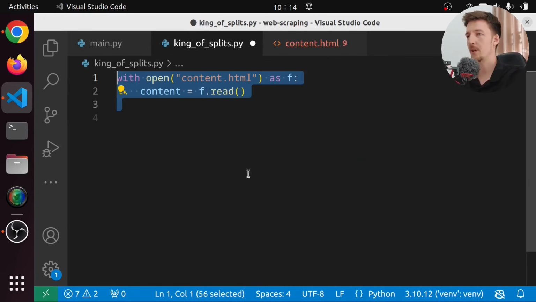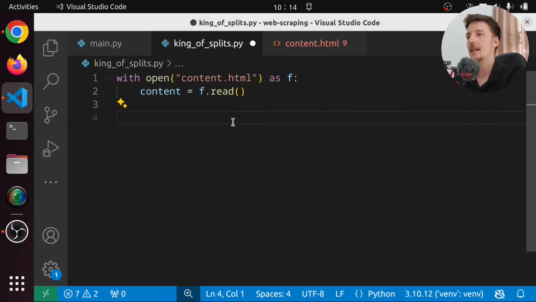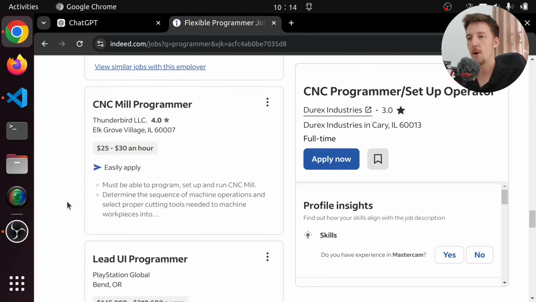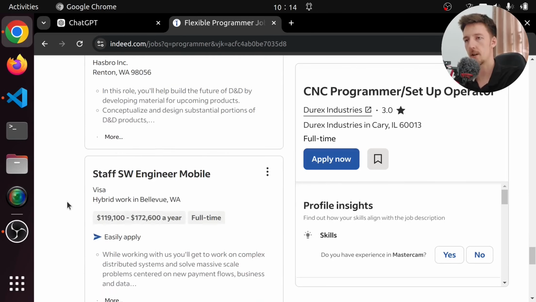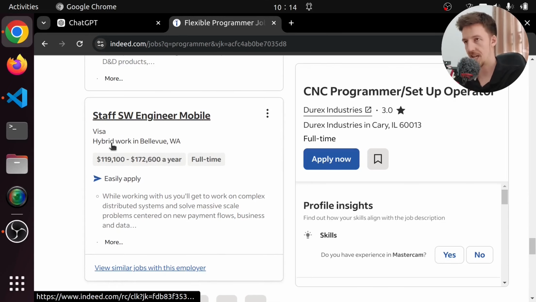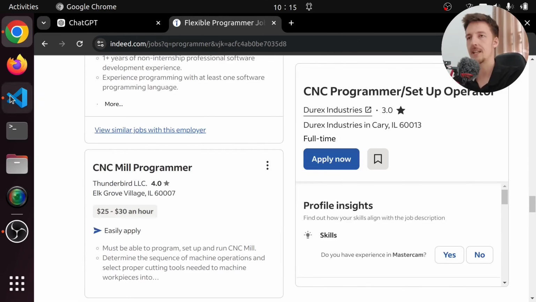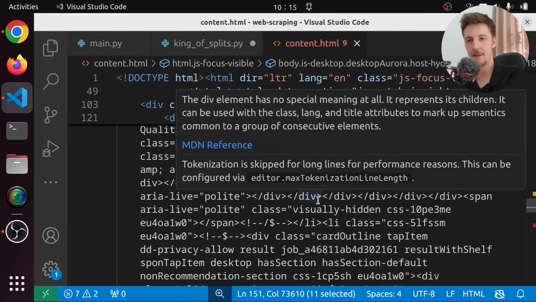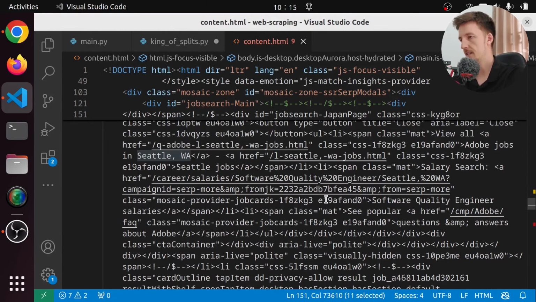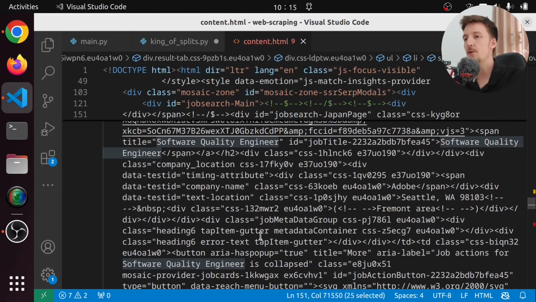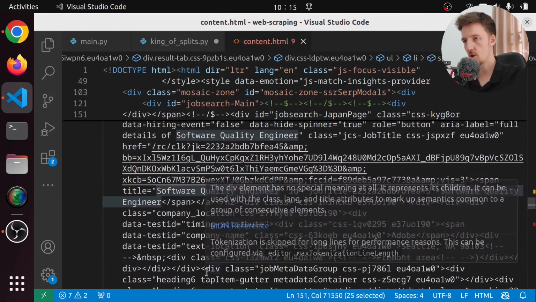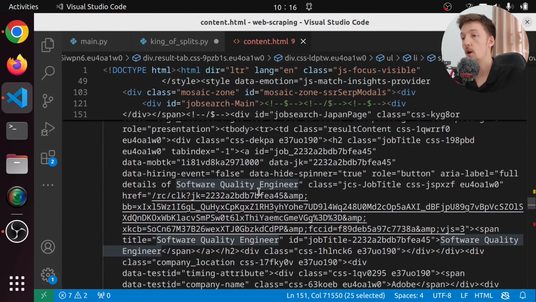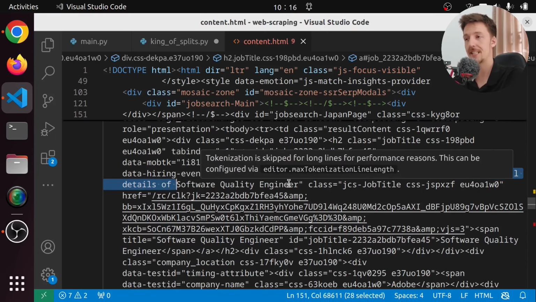But what are we going to do in King of Splits? Well, if we would like to scrape all of these job titles, and the companies and the locations, we could find in the source code something that separates these. In this case, for example, we have here the Software Quality Engineer. Then if you take a close look at this source code, you might notice that all of these job listings